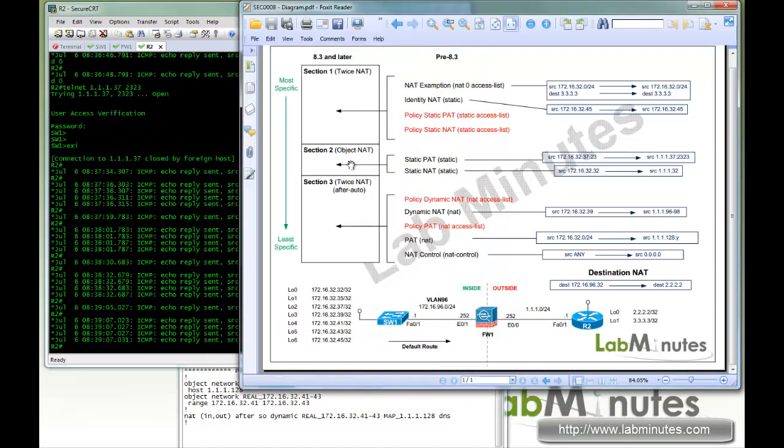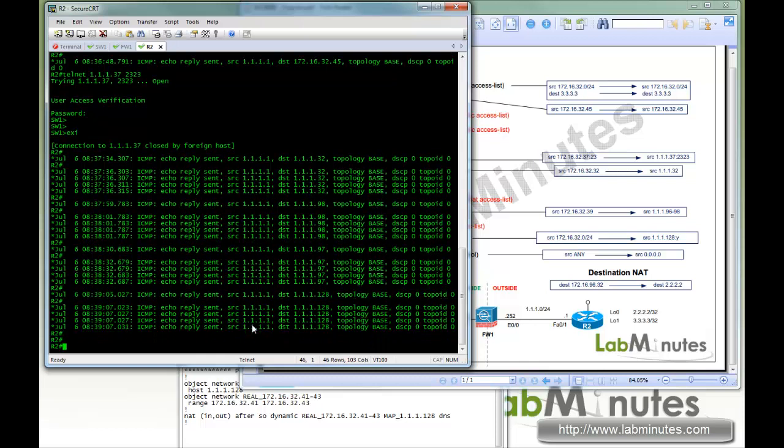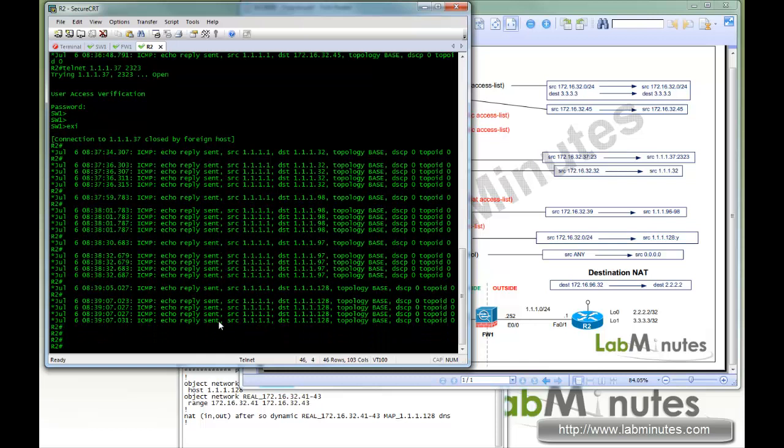So following the same rule here, the NAT control is basically like a catch-all. So if there's no explicit match in your NAT configuration, it's just going to resort to the NAT control and see whether or not it's defined, as in the pre-8.3. So just to emulate or simulate that same kind of behavior on version 8.3, we're going to be putting a catch-all statement at the bottom just to get that NAT control behavior. But just to show you that, to test the NAT control, let's do show run nat real quick